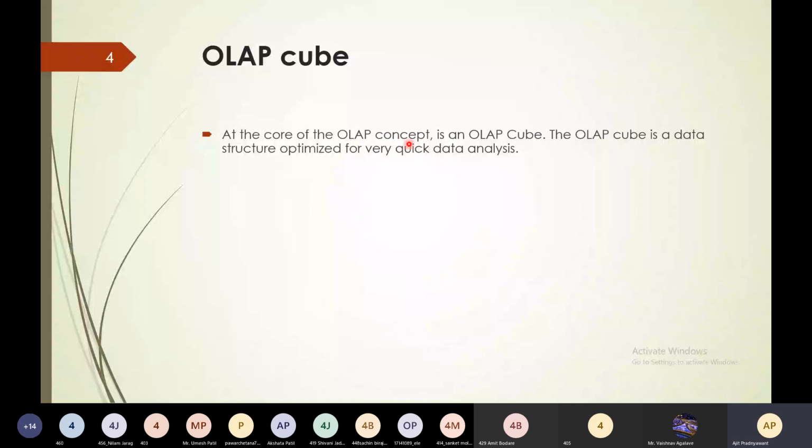At the core of OLAP concept is an OLAP cube. Keep in mind, OLAP, the core or basic thing is OLAP cube. The OLAP cube is a data structure optimized for very quick data analysis.